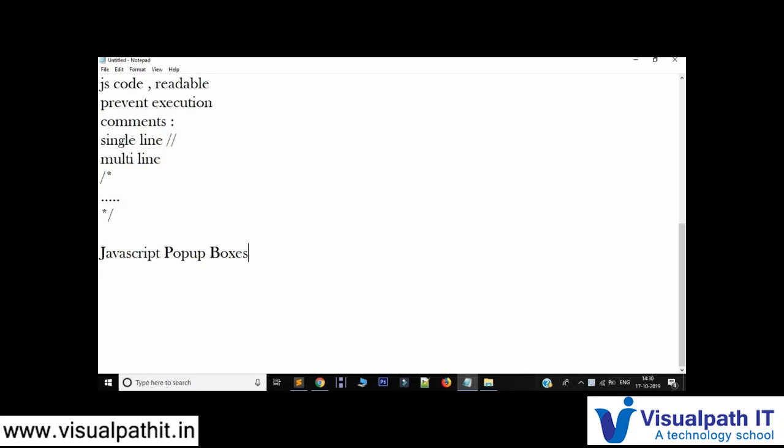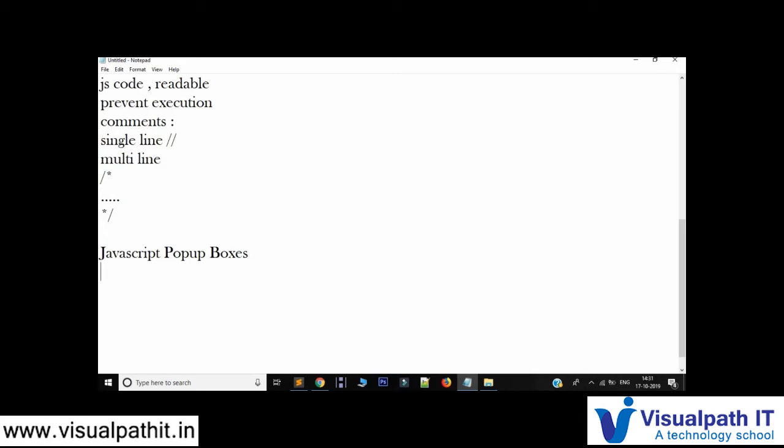In such places these pop-up boxes are used. You would have even noticed that sometimes you just need to give confirmation, okay or no. Even in that place this pop-up comes, and the third place is where you give input. On a click of something, it will ask your name, age, something like that, right? In such places these pop-up boxes take place.